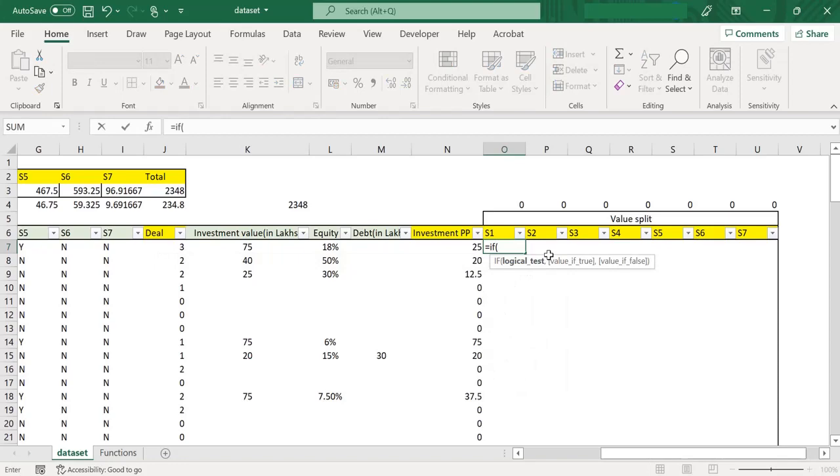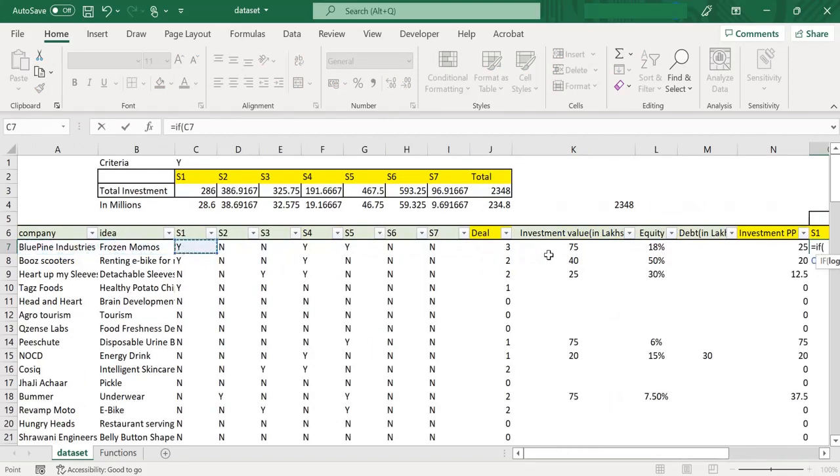IF my logical test, as I explained, this cell is equal to Y, then N7, which is the individual investment, and then the third part, if it is false, then it should be 0.